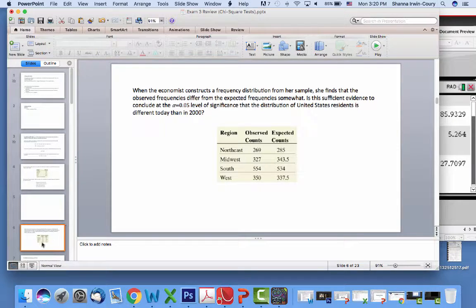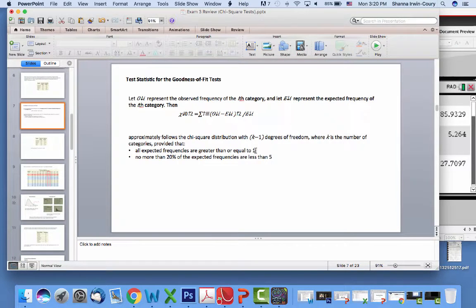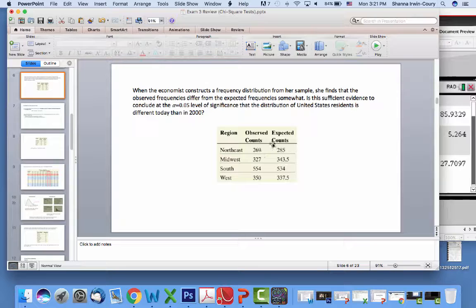Here are our observed counts and our expected counts. This should say chi sub 0 squared equals the sum of, this is now the top of a fraction. There's a lot missing here. This looks crazy. I think it looks right for you. But anyway, what you do is for each one of these, you subtract observed minus expected, and then you square it. And then you divide by the expected value, because